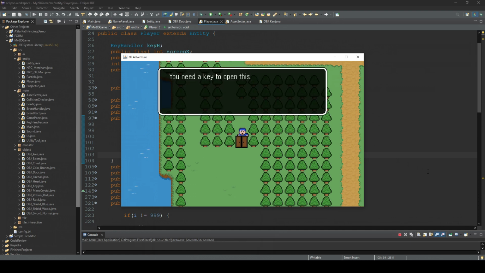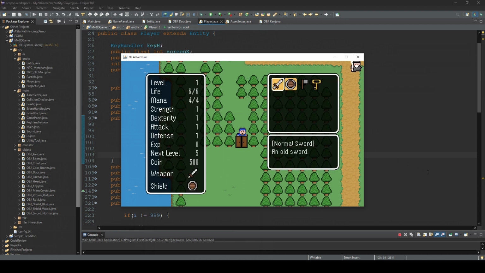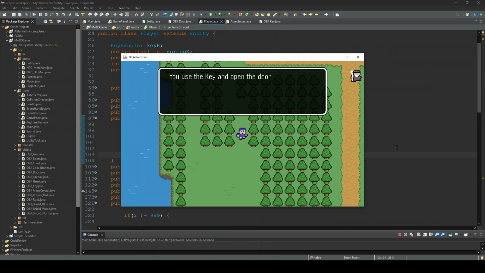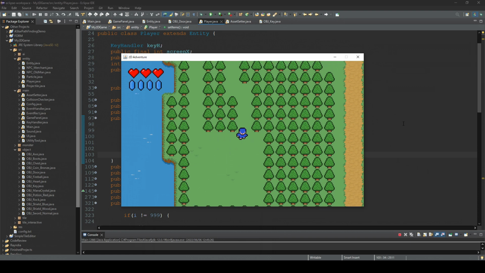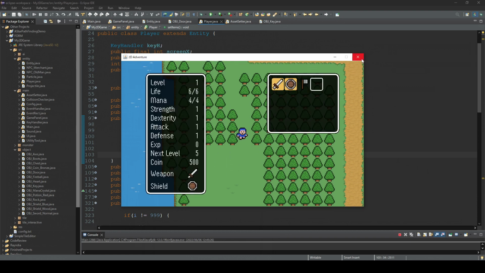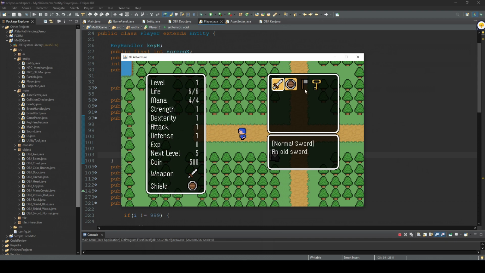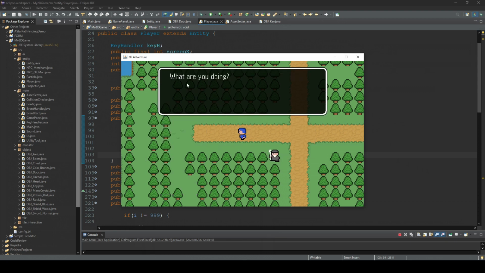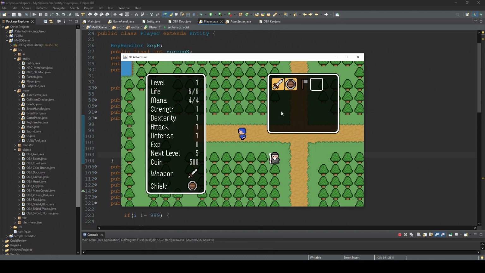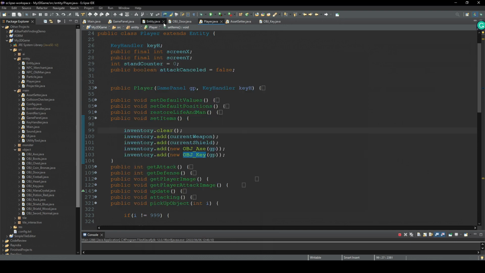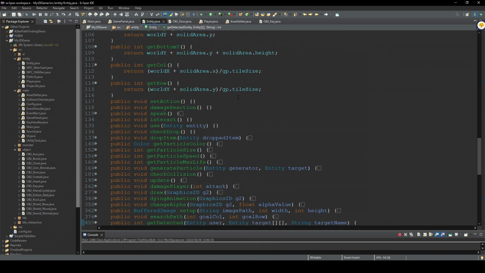Alright, so you need a key to open this, and if you use a key, you use a key and open the door. Right, and the key is gone. And if you try to use a key when there is no door around you, what are you doing? Yeah, but right now you still lose the key, and I think that's a bit harsh penalty for your mistake, so let's fix this. In this entity, change this use method to boolean,